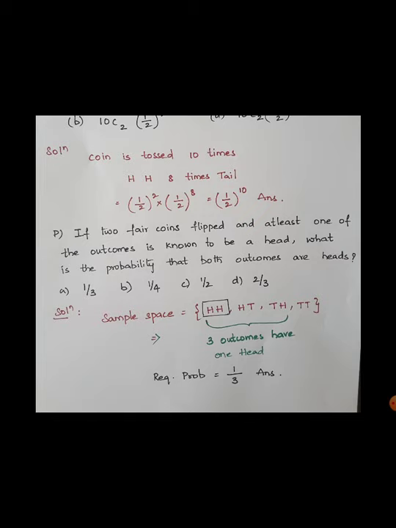So the sample space will be, because I am tossing two coins, HH, HT, TH, TT. Most of the students take 4 as the number of elements in the sample space. But here the outcome is already fixed to include a head. So I need to take only the HH, HT and TH outcomes into account. Only 3 outcomes have at least one head. So the required probability is, 2 heads is only HH, so 1 by 3. 1 by 3 is the answer.